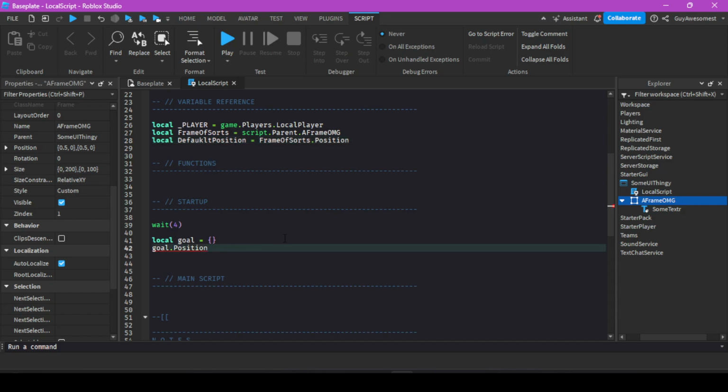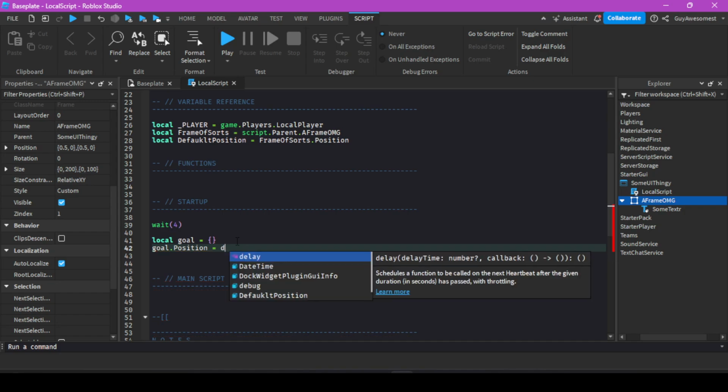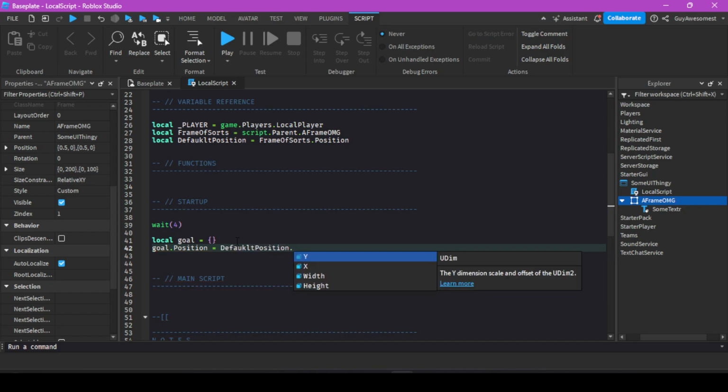Now, we could do a manual position here, but we shouldn't be technically because you could just use a UDim2. I call it UDim2. I don't know what you guys call it. But you could just do equals default position